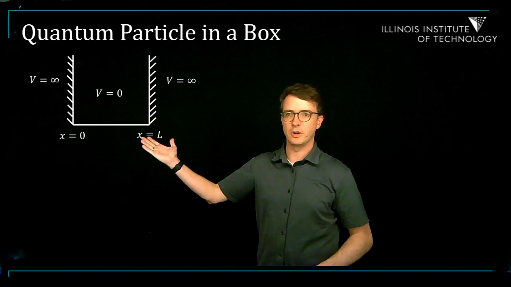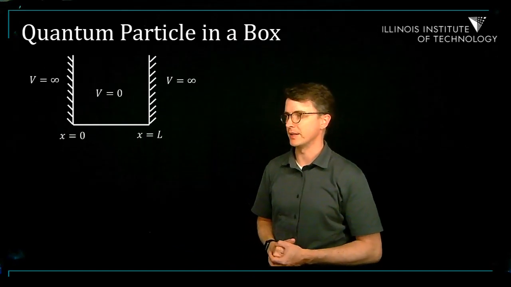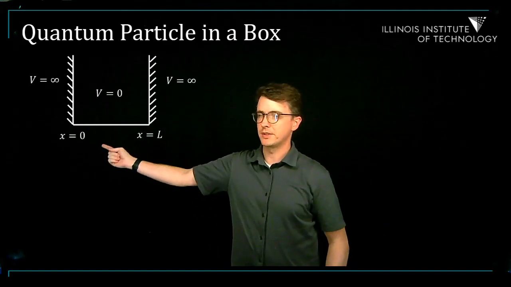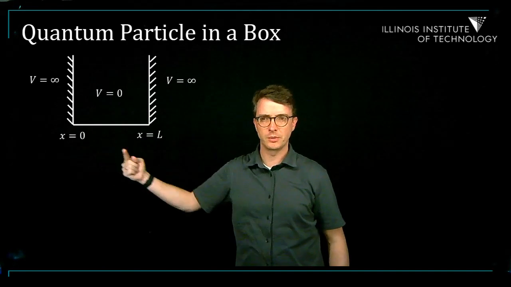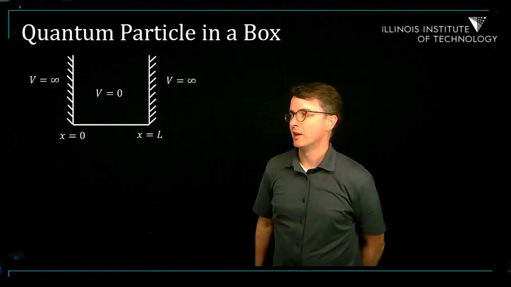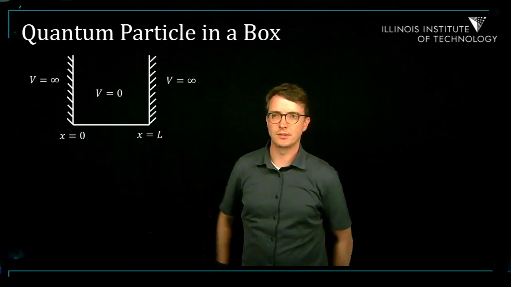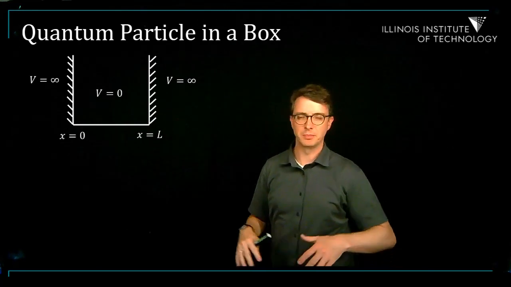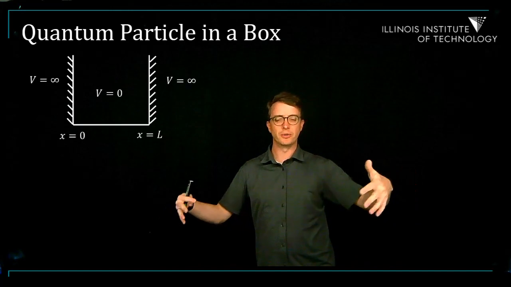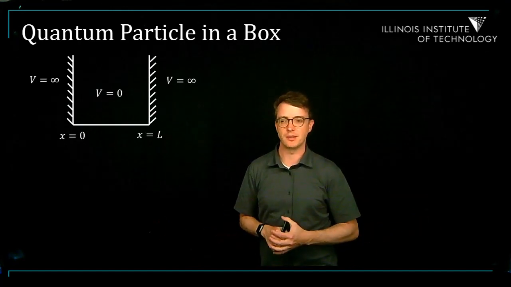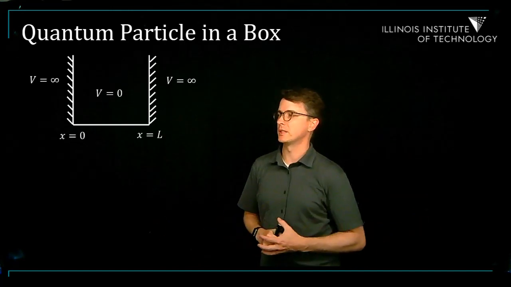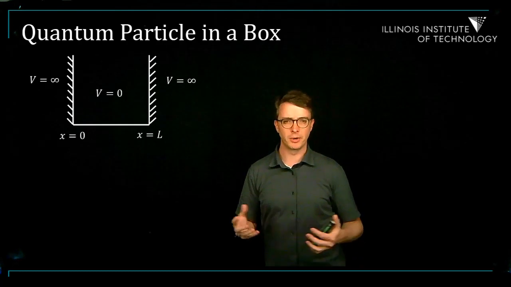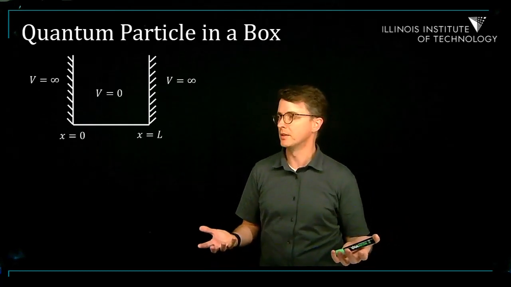So this is going to be our potential energy diagram for that setup. You can see the box is length L, so it ranges from x equals 0 to x equals L. Outside the box, at x negative or x bigger than L, V is equal to infinity, meaning the particle cannot exist in that space. And then inside the box, the potential is 0, meaning the particle feels no forces inside there,